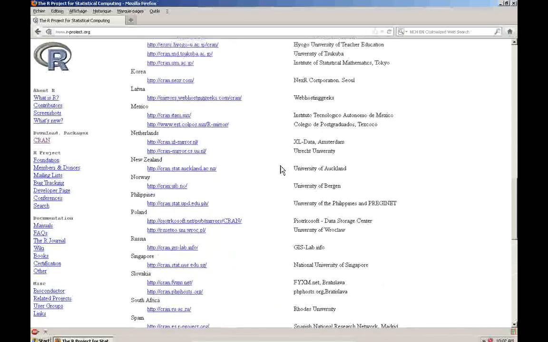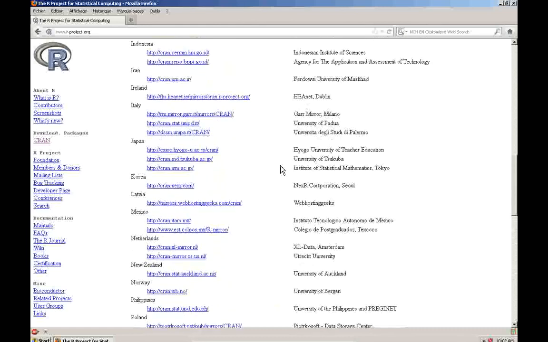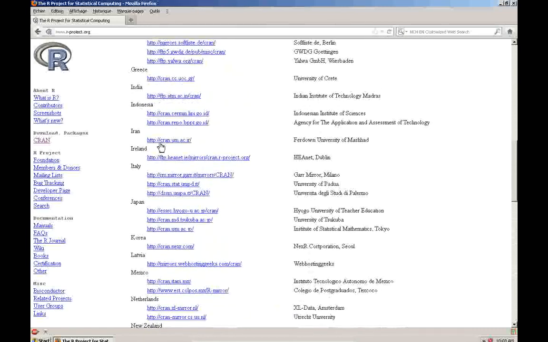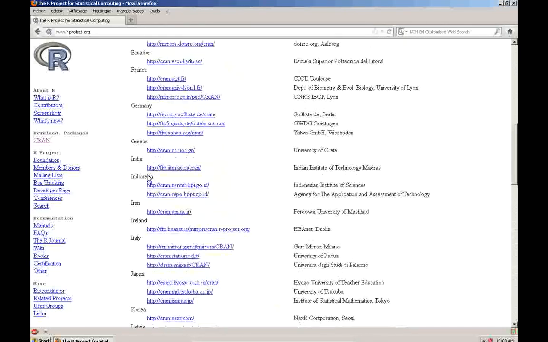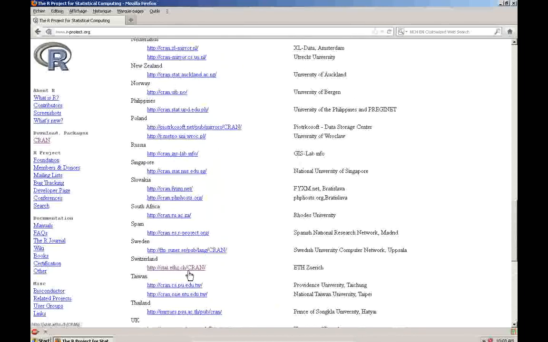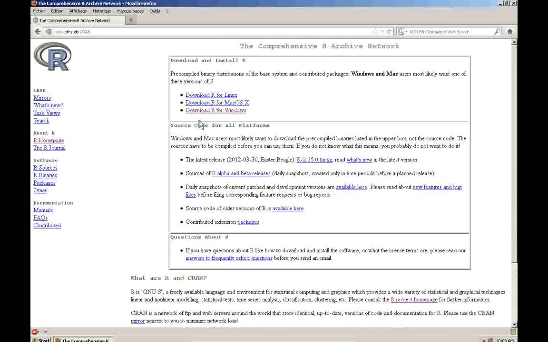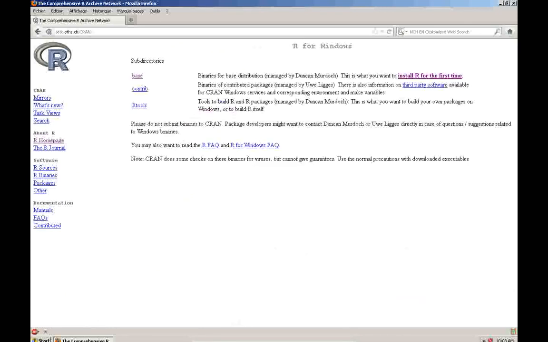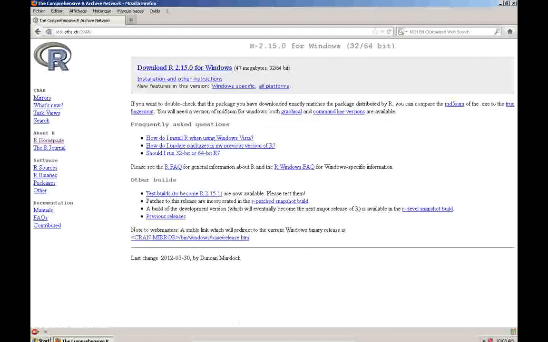So basically, it's working like that. And if you are located in a country that is not in that list, just choose a country which is near to yours. I will choose that one. Then I have a choice between Linux, Mac, and Windows, so I choose Windows. Then I have many choices, but I will choose the base. So I'm clicking on base, and after I'm choosing download R